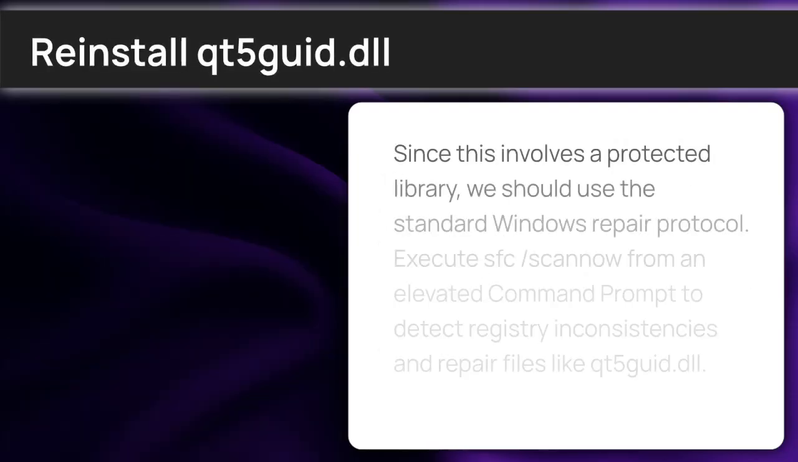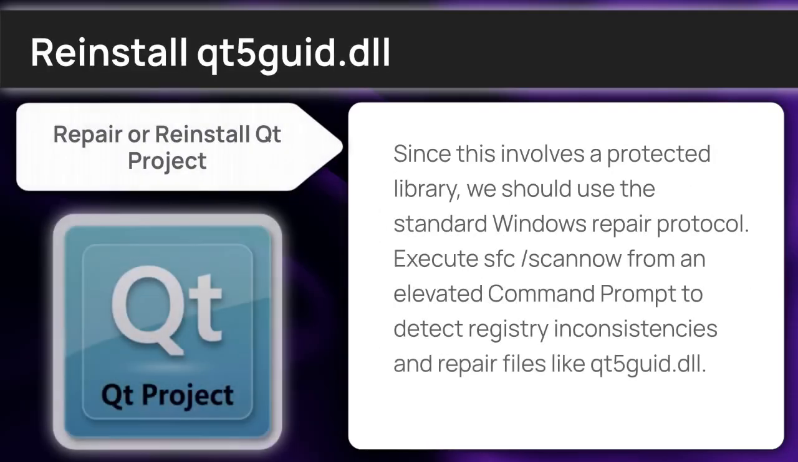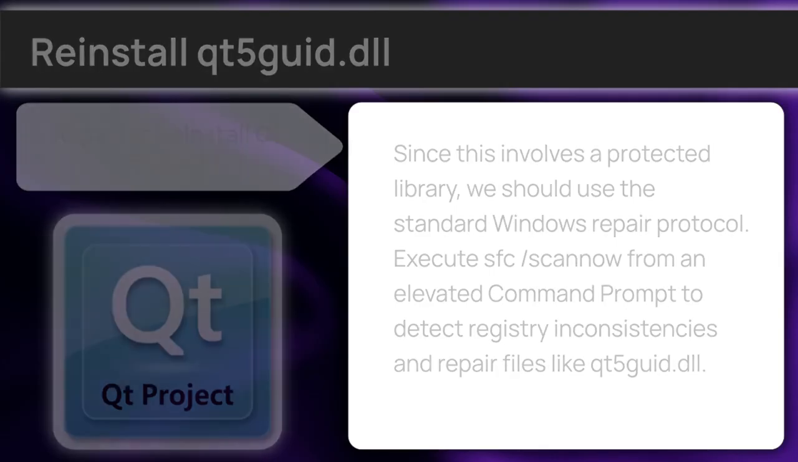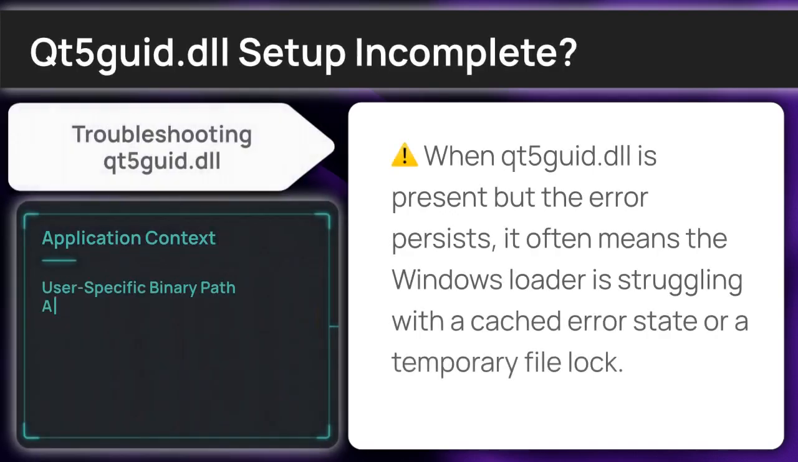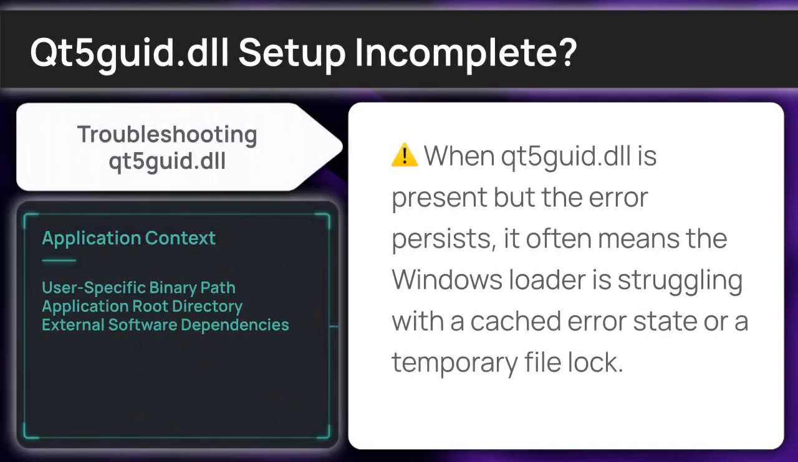Since this involves a protected library, we should use the standard Windows repair protocol. Execute sfc /scannow from an elevated command prompt to detect registry inconsistencies and repair files like the qt5 graphics interface debug DLL. If the application still won't initialize, we need to shift our focus to how the Windows loader is interacting